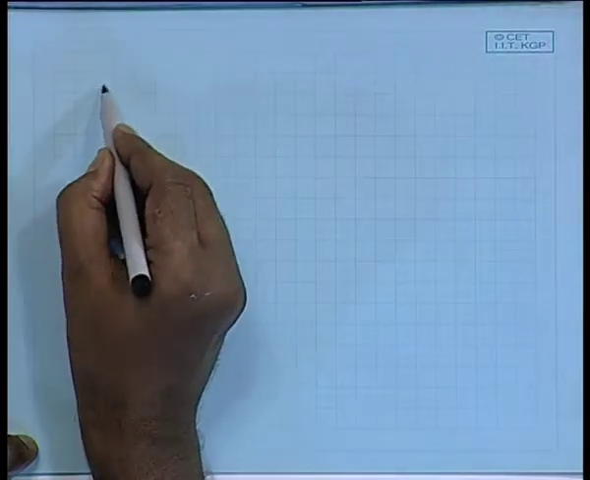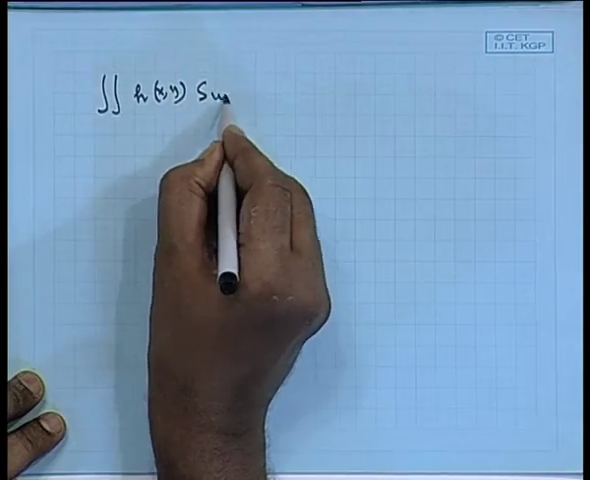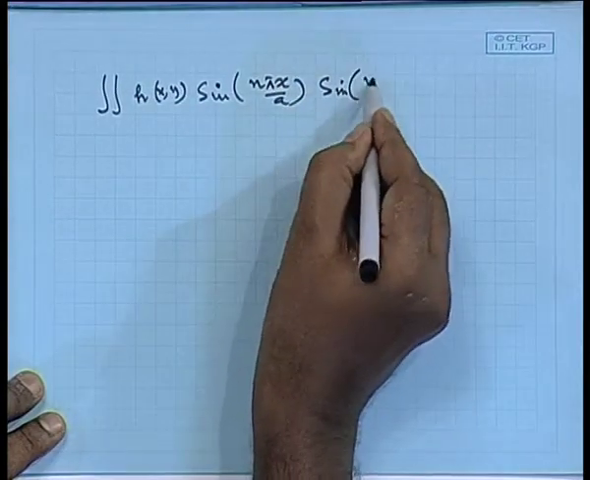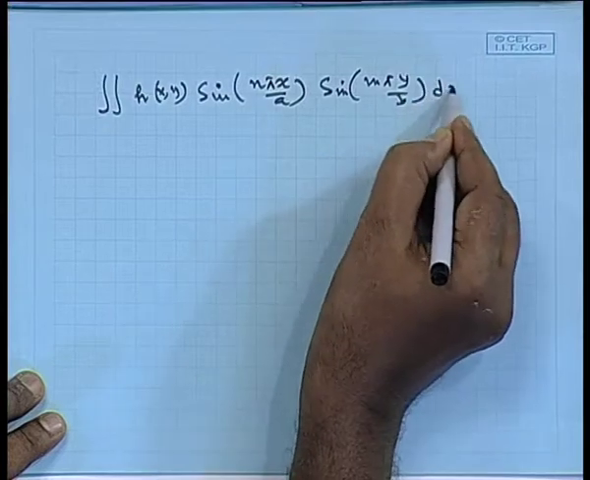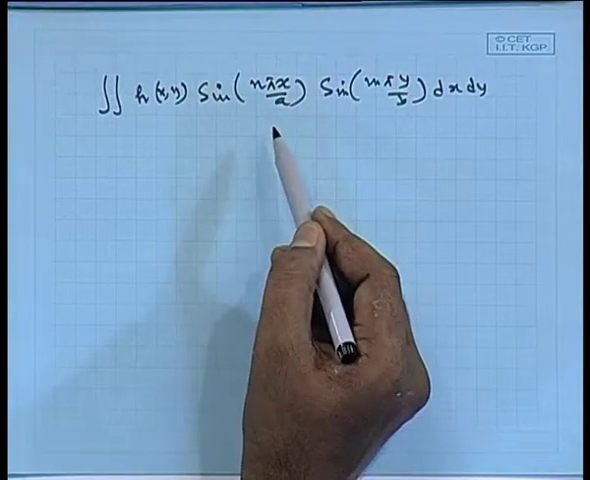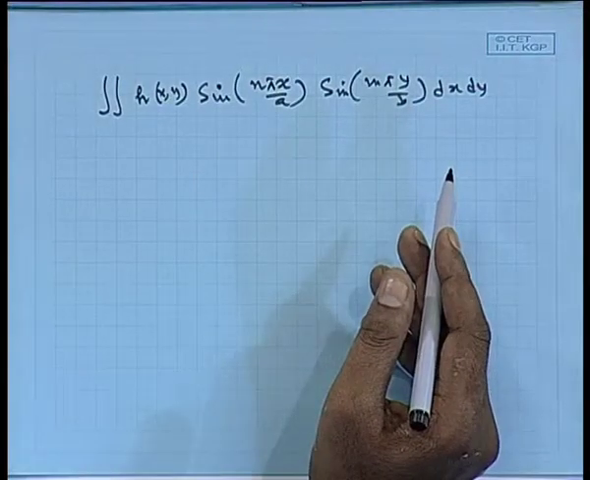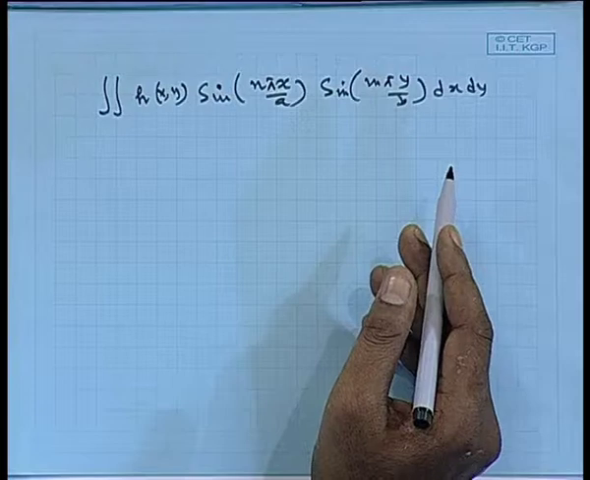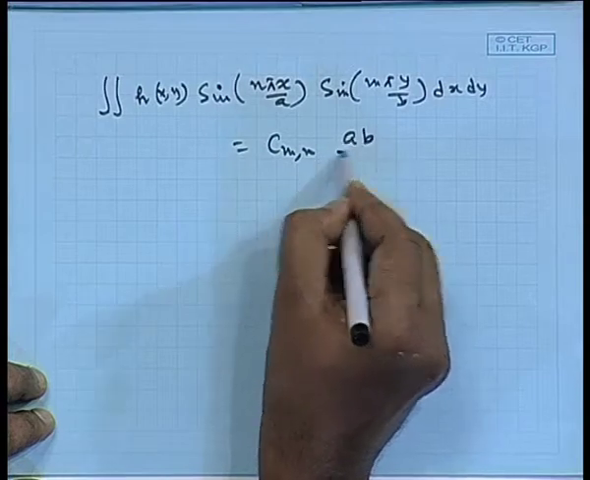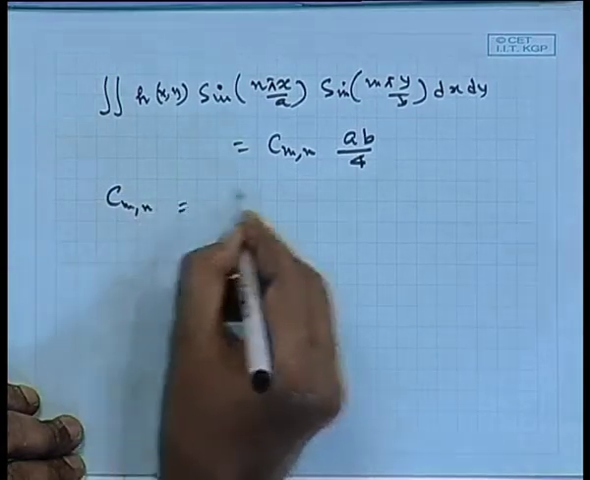So, you are having the double integral of h x y sin n pi x by a sin m pi y by b dx dy. I changed the original index of m and n because n is associated with x, m is associated with y, and they both run from 1 to infinity. So, C m n you are having a b by 4. So, what is C m n? C m n will be 4 by a b